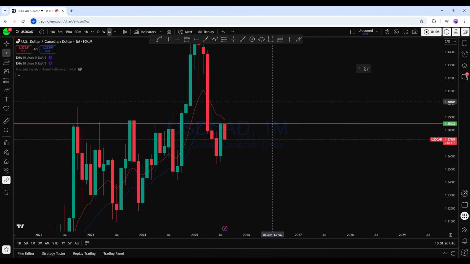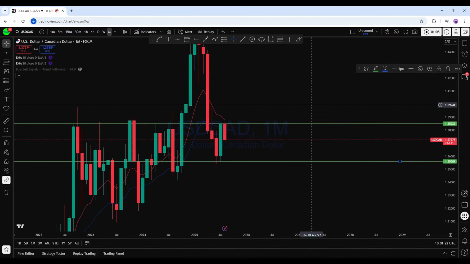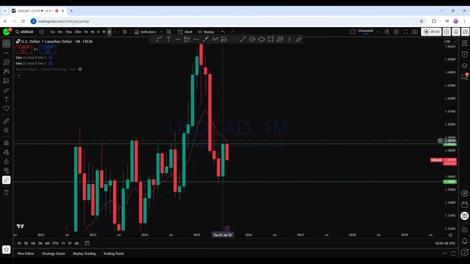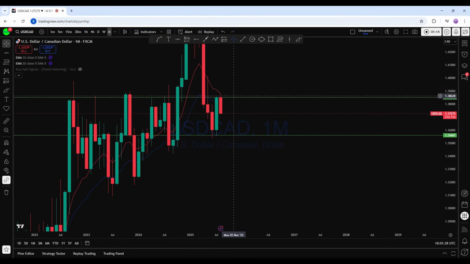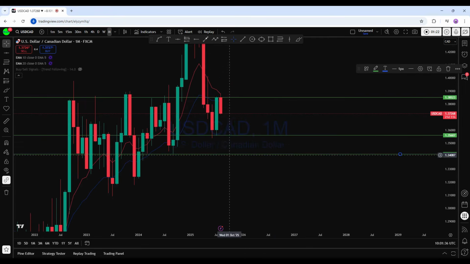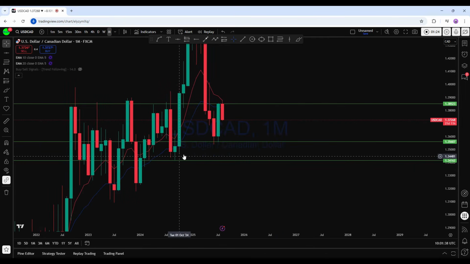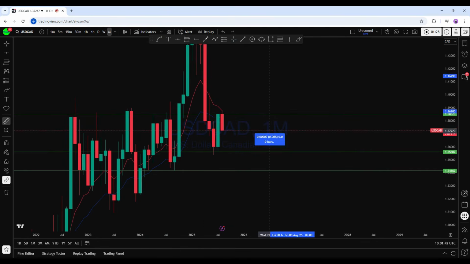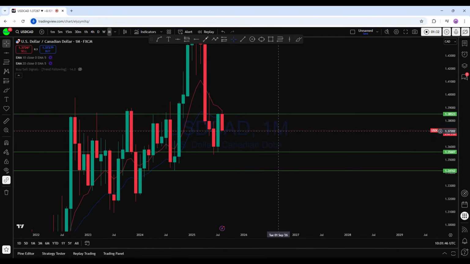Now, that being said, if we look at this support level here on the monthly, as we have seen the previous month's pullback, this month we can expect the market to potentially break that low here. And after that break, we may see the price potentially come back to this support level. So therefore, on the lower time frame, we can expect dollar CAD to remain bearish at least to 150, 160